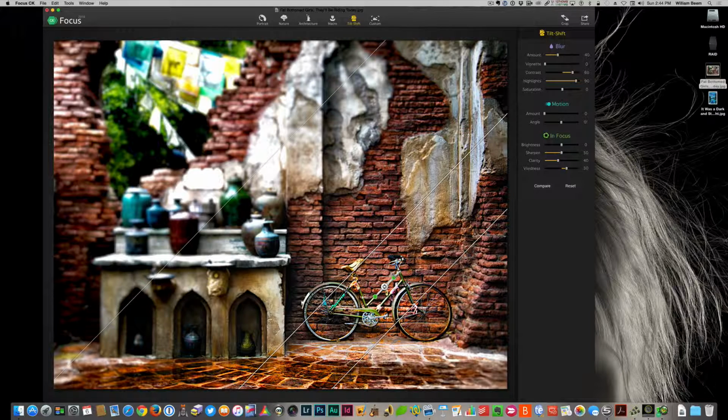Now, a couple things to keep in mind. You can grab these lines over here, and you'll want to make sure you can see what's changing. Let me see if I can put my hand over here where you can get a better look. There's a couple of little double-headed arrows over there. If you want to grab that and change the size of the focus area that you're going to have. Right now, I'm actually going to leave it kind of where it is.